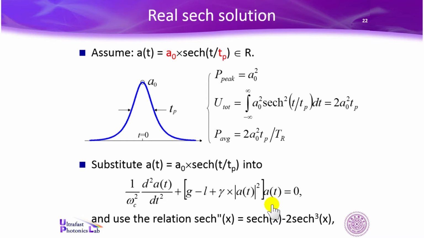How about the second term? G minus L is a constant times a of t, but a of t is such a function. So you still have such a function only. The third one is gamma, a constant, times the absolute square of the solution, which is sec square, times the solution itself, which is sec. So sec square times sec, you have sec cubic. So it becomes a